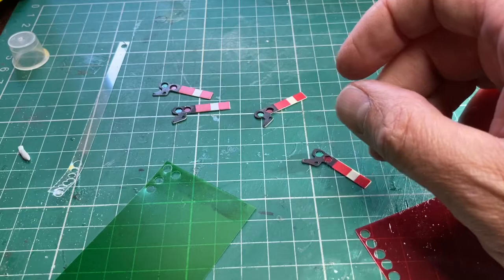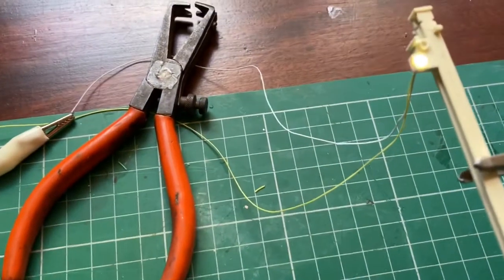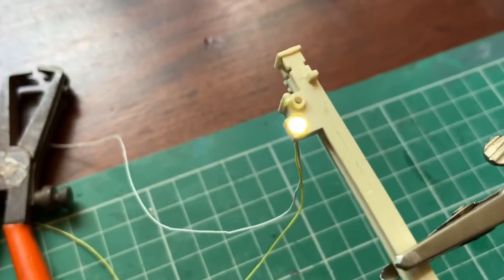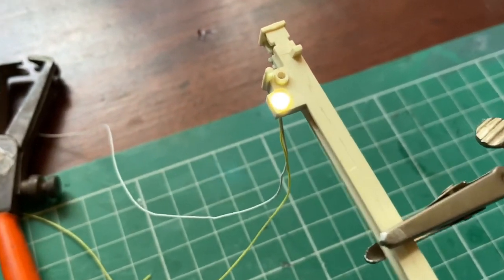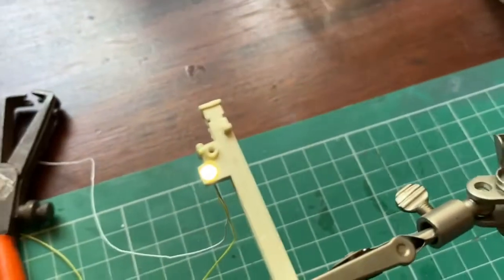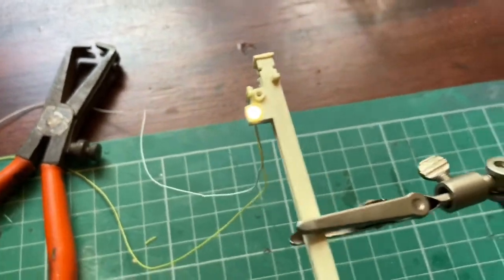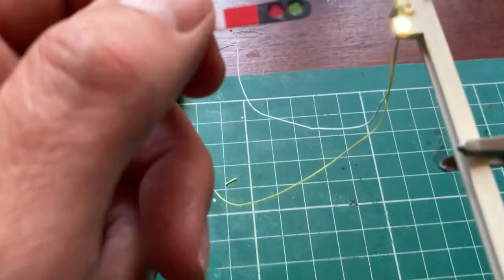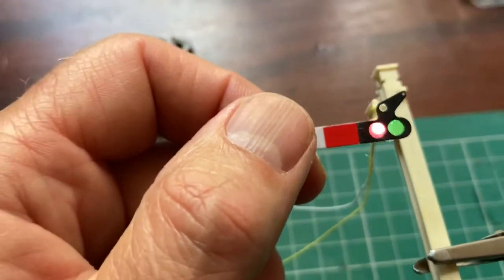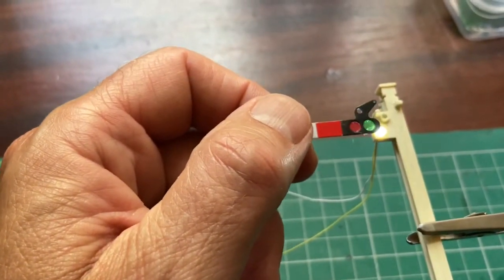Now next stage is to fit a light in the signal post and see how that looks. Put the SMT LED inside the lamp housing on the signal now. It looks incredibly bright on the screen, but it's not that bright. It's as dim as I can get it before it actually extinguishes it. The only problem I've really got is that the colour of the aspect is a bit wishy-washy,